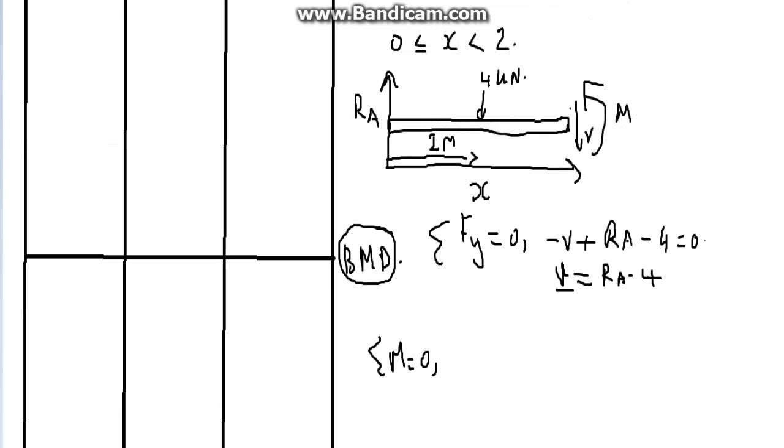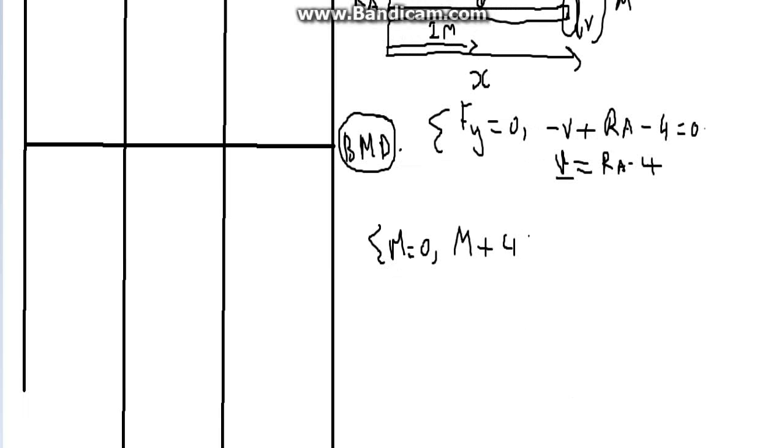Moving on, the sum of moments equals 0 from M. Don't forget, guys, this is from M going left, including all the forces along. M is included. Don't forget that. V is kicked out, plus 4 in that direction. Why is it in that direction now? Because we're doing it about this point. That's the pivot. So just imagine this pushing it down, going, let's just call it clockwise. So 4 multiplied by the distance of